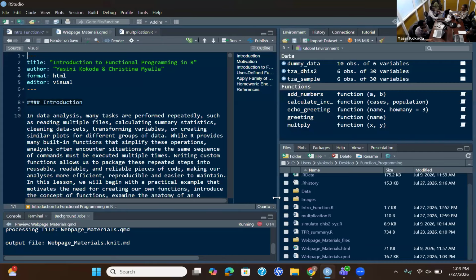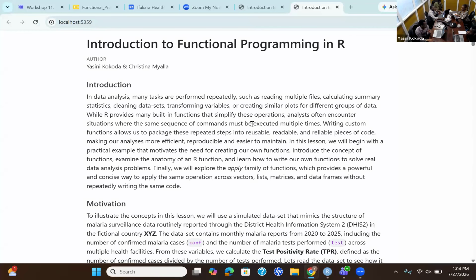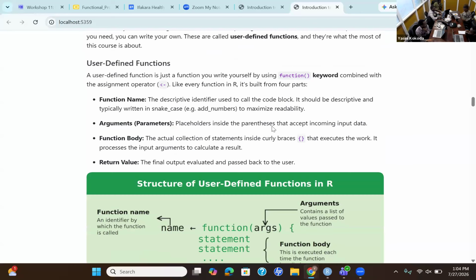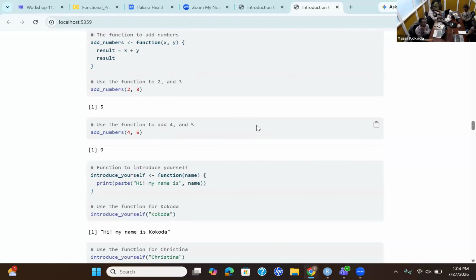And then eventually you will get your HTML. You see, for my case, it works. So you are advised not to change anything. You just open and render. If you face any error, you can post on the WhatsApp group and then we can resolve it.